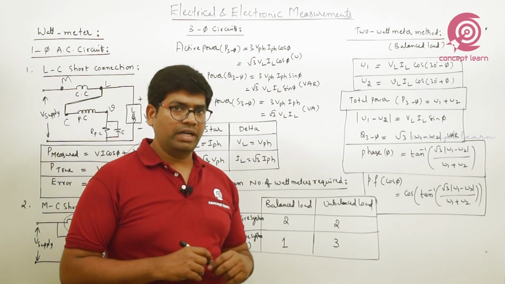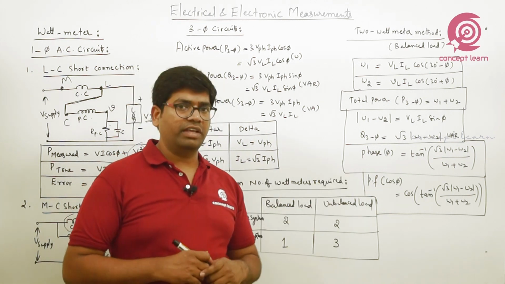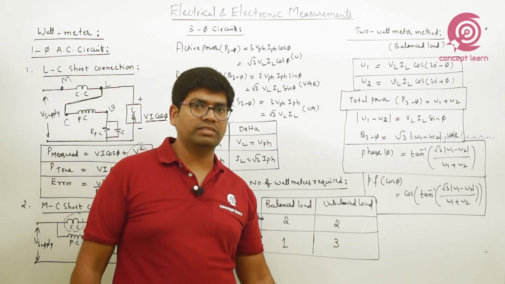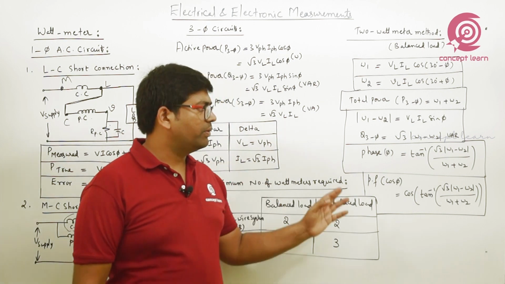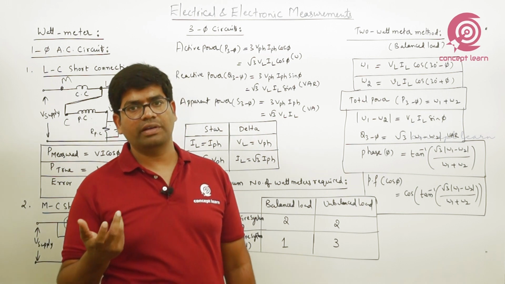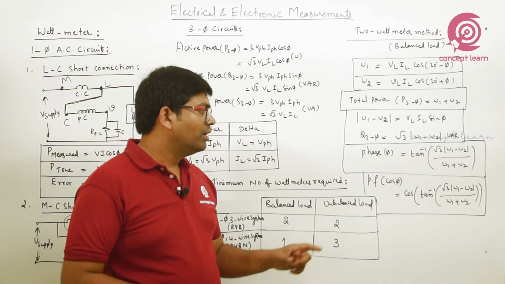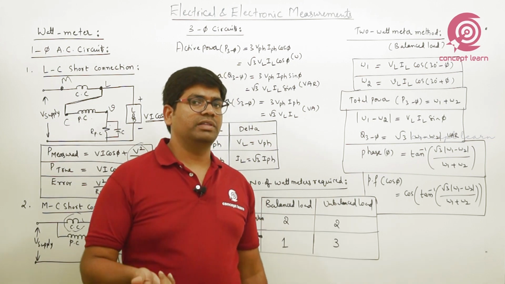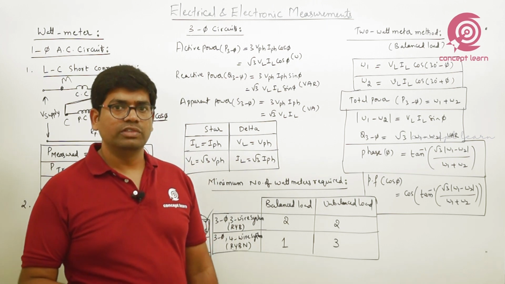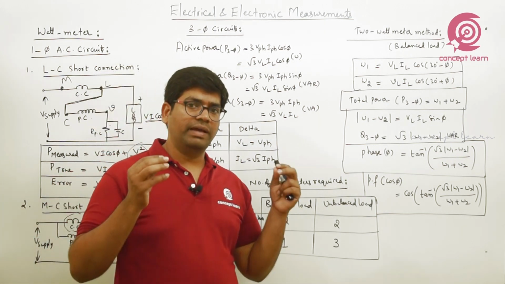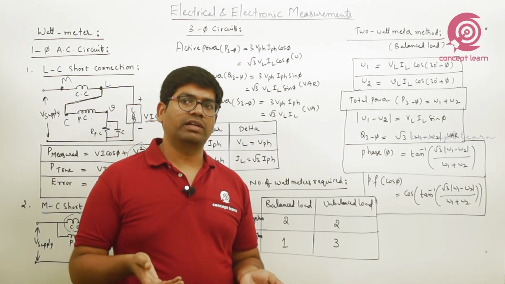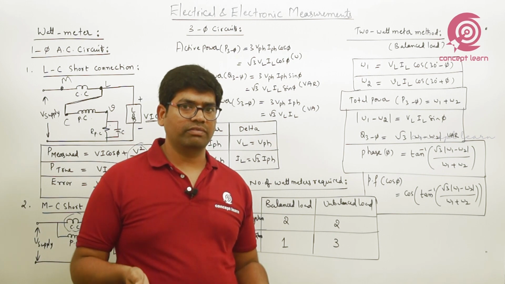And two more important relations. How to find the phase angle of the load using 2 wattmeter readings: we use tan inverse of root 3 into W1 minus W2 by W1 plus W2, meaning root 3 times the difference of the wattmeter readings to the sum of the wattmeter readings. For the power factor, it is the cosine of that phase angle: cosine of tan inverse root 3 into W1 minus W2 by W1 plus W2. So by having wattmeter readings, you can find active power, reactive power, phase angle of the load as well as power factor of the load from the 2 wattmeter method.